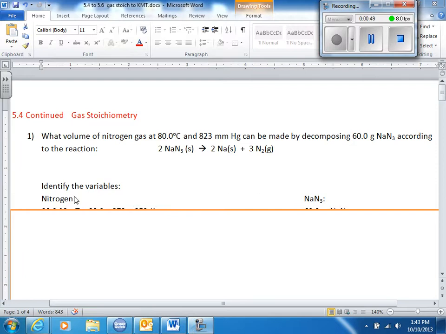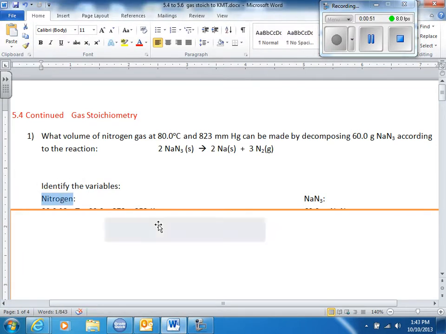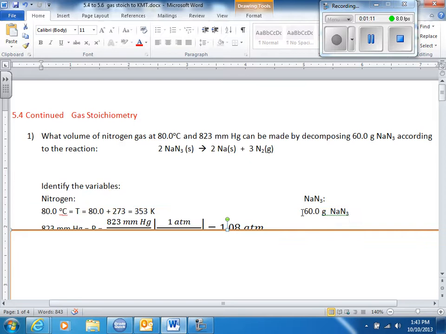And one important thing to note, whenever you see any of the Hofbrinkel gases, you want to think of them in the diatomic form. So when you read nitrogen gas, you should be thinking N2, not just N. Okay, so back to the problem. What do we know about each of these chemicals? Well, we were given that we have 60 grams of sodium azide, so I'll put that on the sodium azide